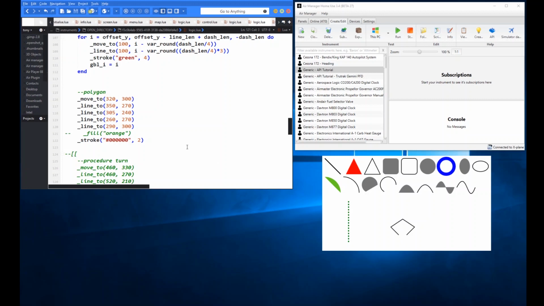So there you go, you can see we start off here. The move to starts our drawing point there, and then we've got 4 line twos. So you can see there's the first line, second, third, fourth. Notice I haven't drawn the 5th line. I could if I wanted to. Obviously if I was using stroke and I wanted that shape to be complete, I would have to draw another line back to the original origin move to point of 320 by 300, and that would draw a line back to there. But for the purposes of the fill,